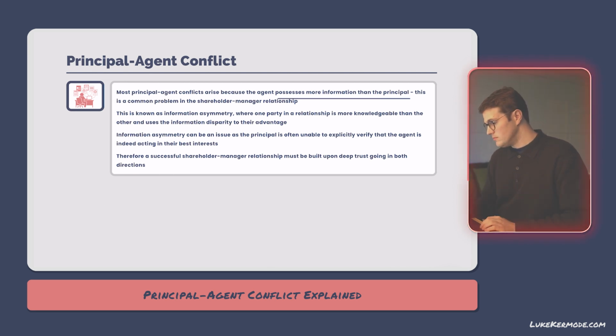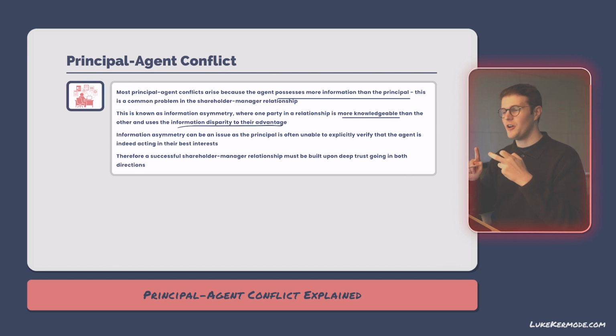They know much more about the company and have an information disparity, which they can use to their advantage. They're involved in the day-to-day operations. They know everything about the financials of the company. They know more about the forward planning and what risks the company could face going forward. And this information asymmetry